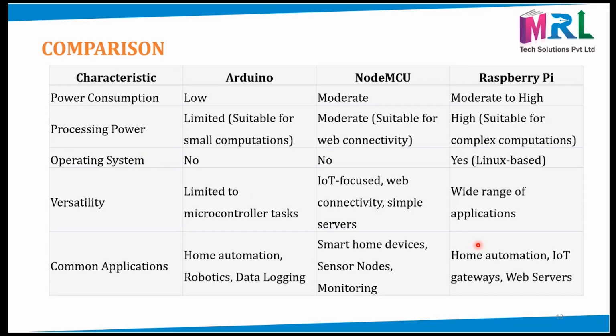For basic embedded applications like robot movement, we need to choose Arduino. So based on your application, you can choose your embedded development board. From this analysis, I come to know that Raspberry Pi is best for my applications, because I'm going to use AI applications, IoT applications, and basic embedded